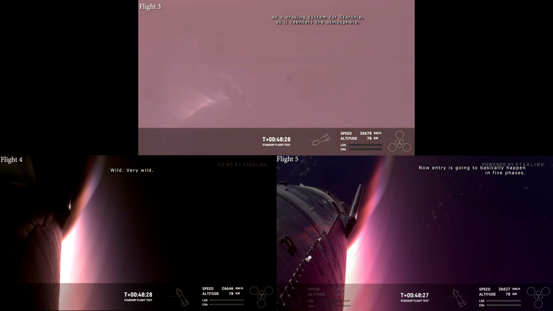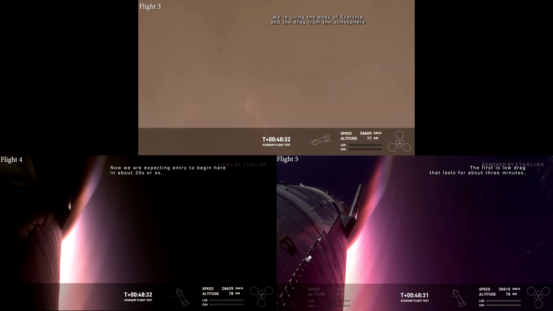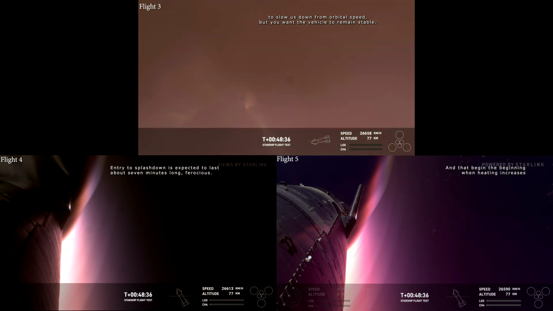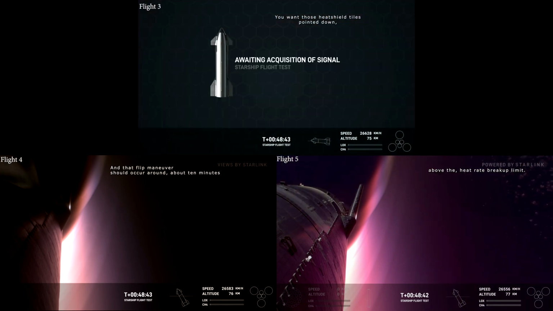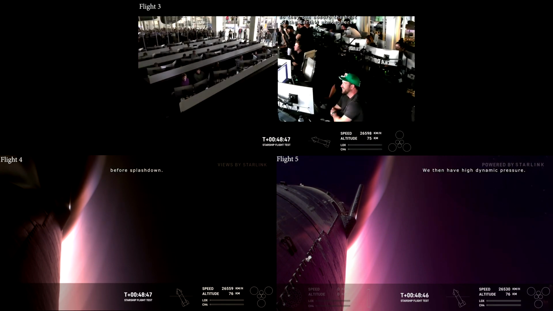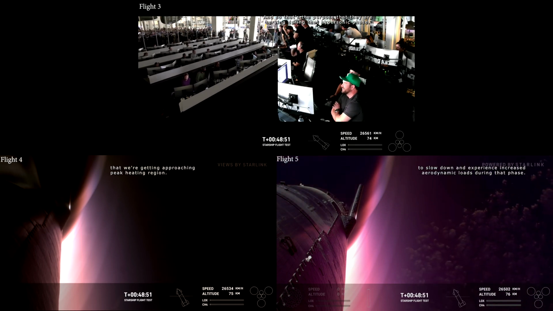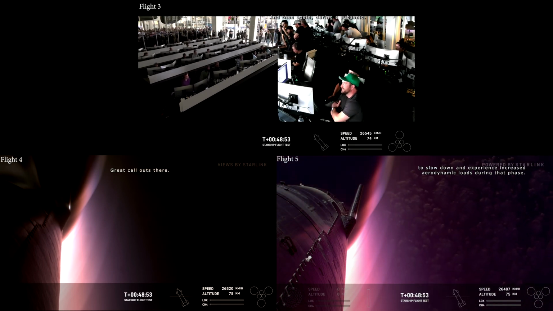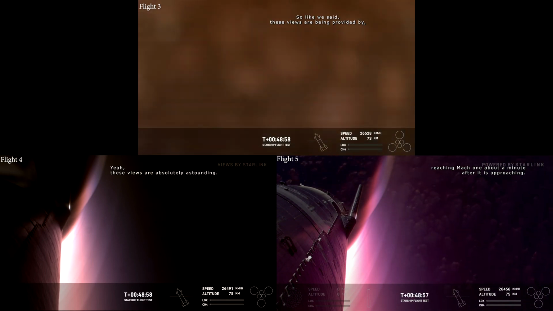Now, entry is going to basically happen in 5 phases. The first is low drag, that lasts for about 3 minutes. Next is high heating, and that begins when heating increases. You want the vehicle to remain stable. You want those heat shield tiles to stay under the heat rate breakup limit. That lasts for about 10 minutes. We then have high dynamic pressure. Starship will continue to slow down and experience increased aerodynamic loads during that phase, and that will happen before reaching Mach 1, about a minute